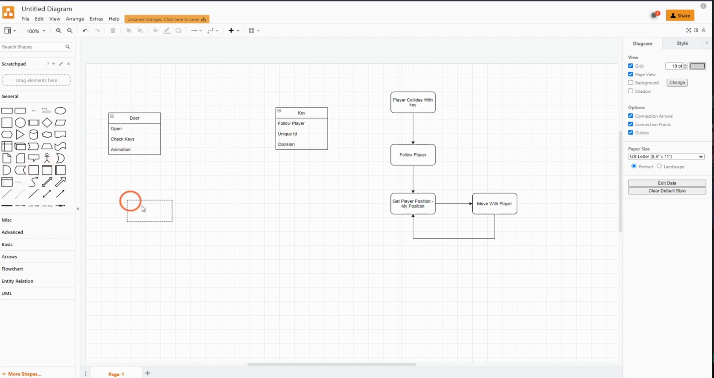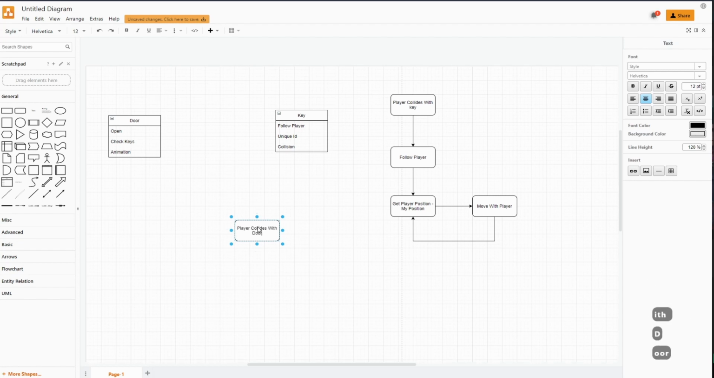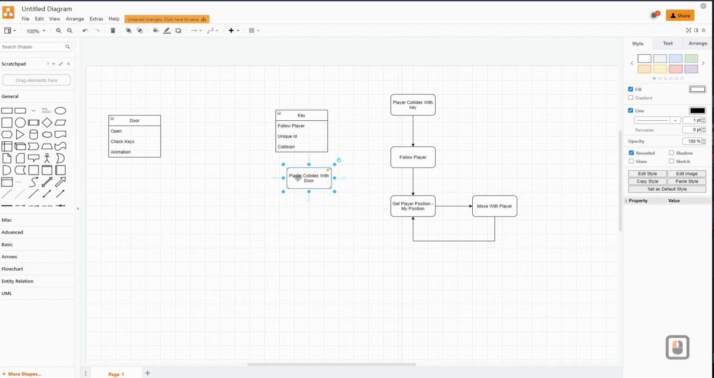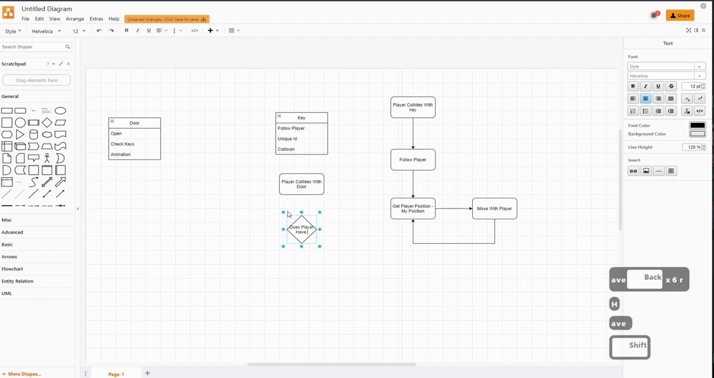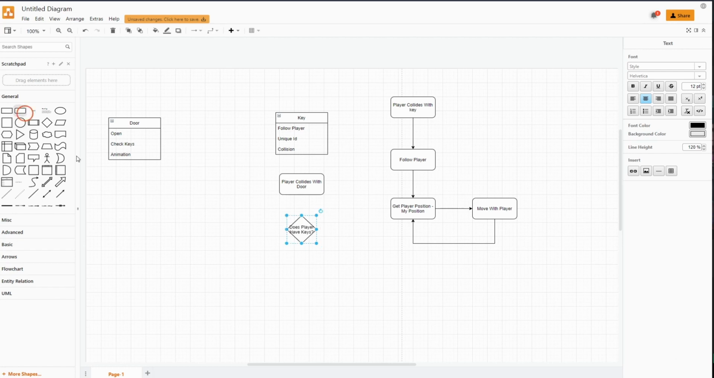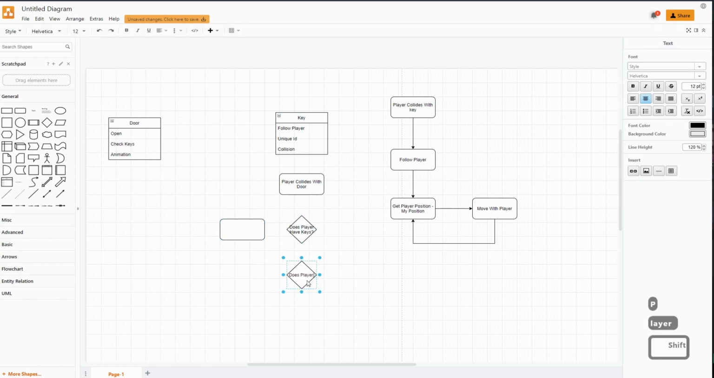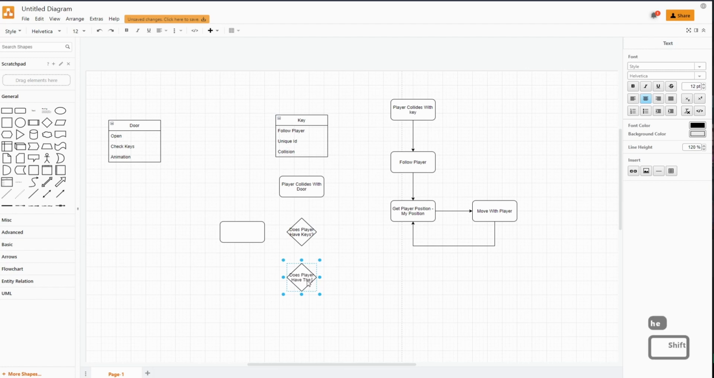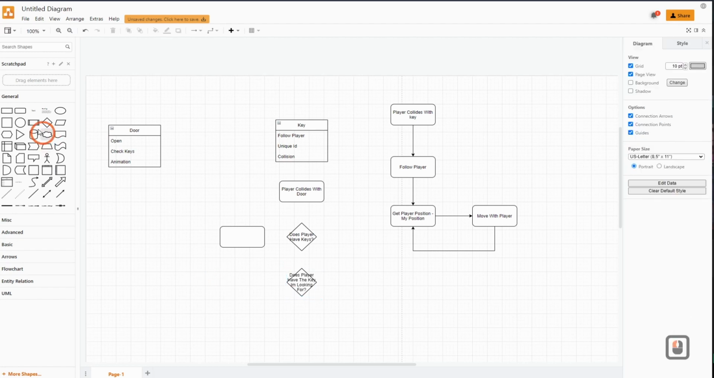Now, with the door, the player is going to collide with it. And what's going to happen is the door is going to check, does the player have a key? And if the player does, does it match up with what I'm looking for? So we're going to say, hey, does player have the key I'm looking for? And then it's going to go ahead and